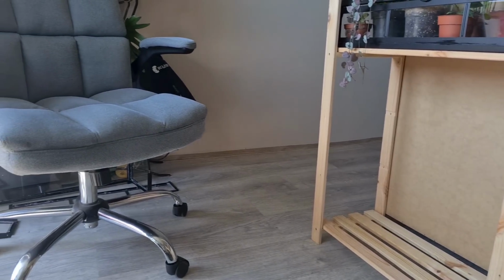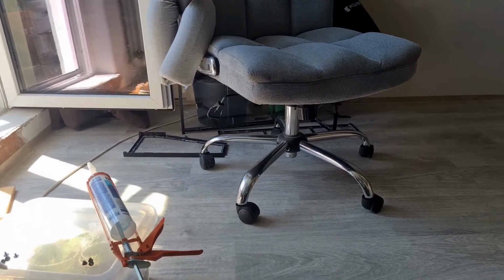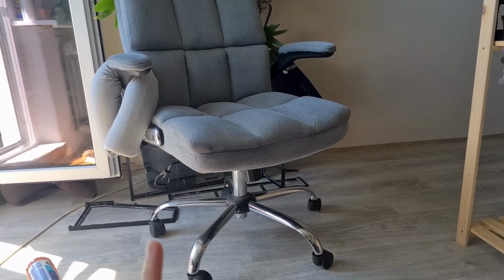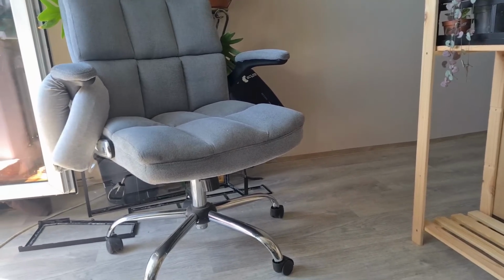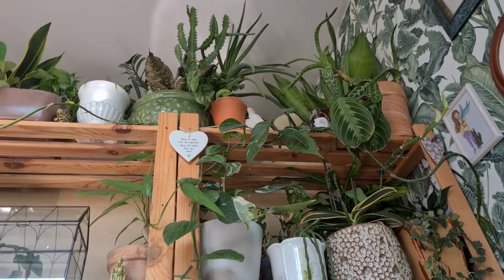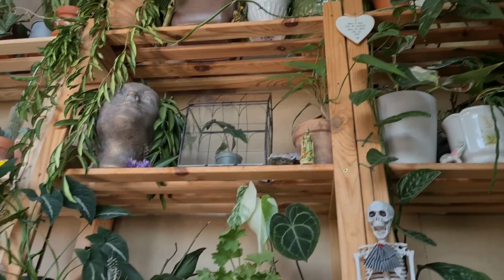Please excuse the mess, but right here you can see I have some silicone and the greenhouse itself. I'm still working on it. So yeah, I'm still working on the rest of the shelf, but as of now, I just wanted to upload this video and show you because I feel pretty happy. I love little